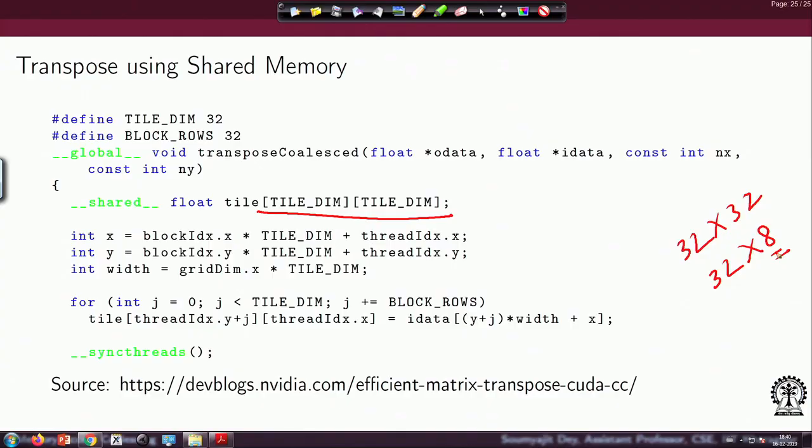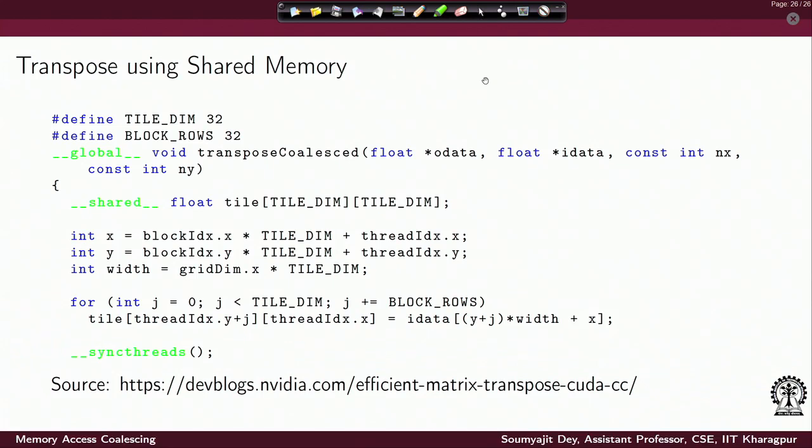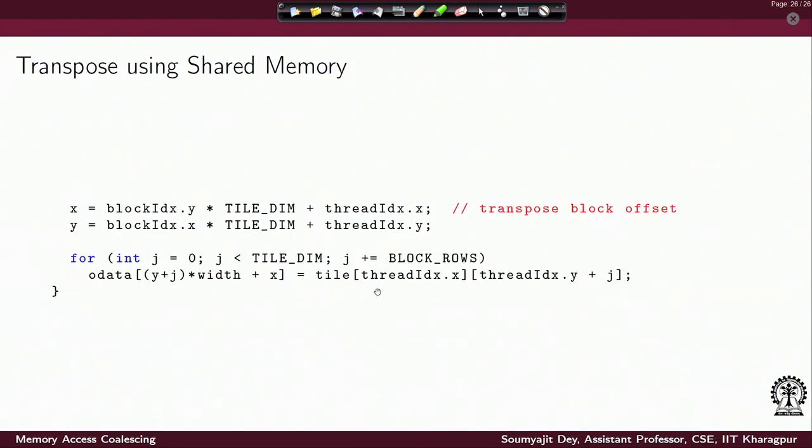Of course, for larger matrices, you can actually use a different implementation. You can have different possible factors here. Just for our simple example, first we wanted to bypass the loop, so we considered tile size and block size to be similar. As I am saying, you can have a smaller size block to increase the per thread activity. So if you have a smaller size block, then you have this tile dimension here. You have the j iterator increasing by 8. The loop iterates 4 times, and each thread loads 4 elements into the tile, and similarly each thread here will write 4 elements into the global memory.